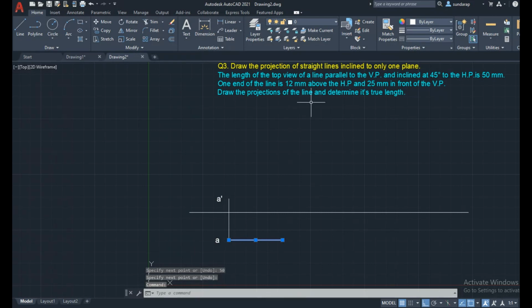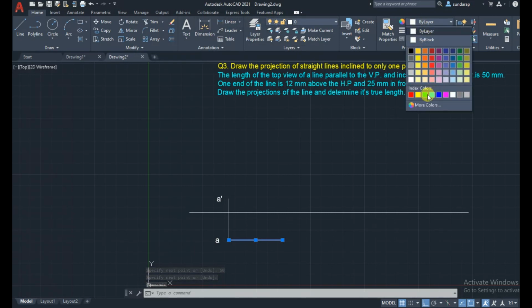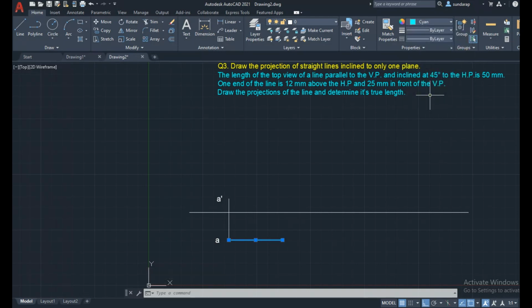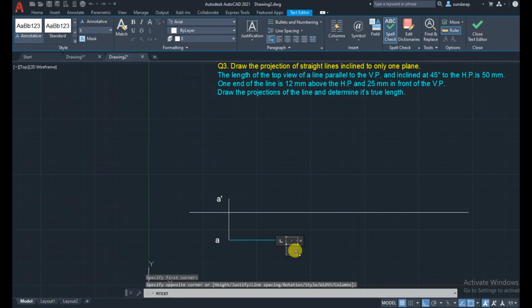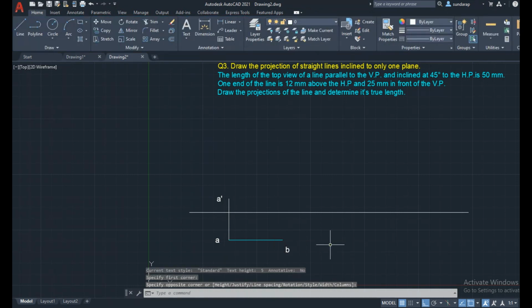You can use a different color for the length of the line. This is the top view length, and this is the other end in the top view, the B end. So we need to consider B here and find it out.